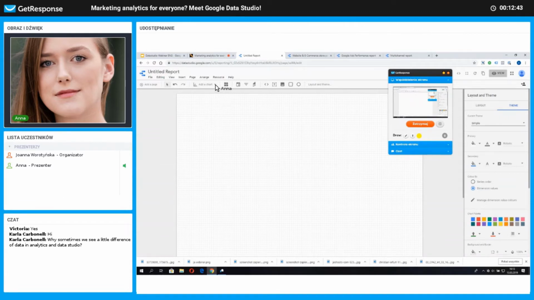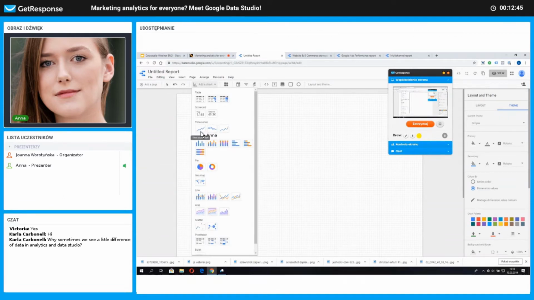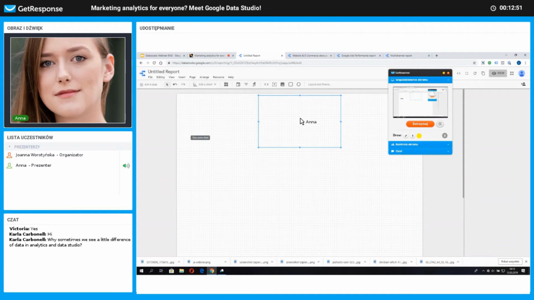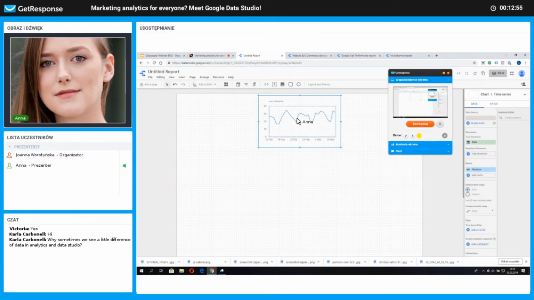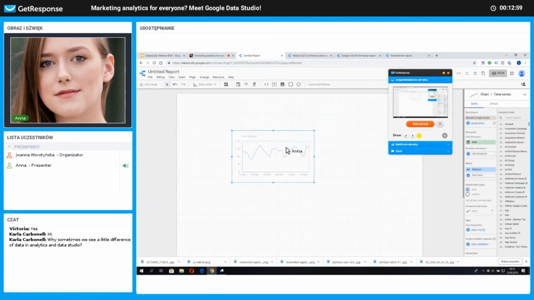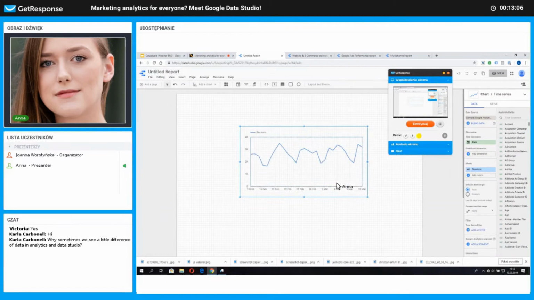But for now, let's start with simple, and then we will play a little bit with customization after we actually create some charts. So let's say that we would like to see how the traffic on our website performs in time. And for this, we will choose time series. After a second, it will appear on our dashboard. And we can move it around as we please, just by dragging on it. And also change its size by dragging on its corners,